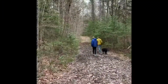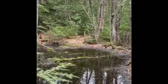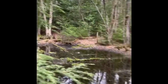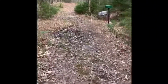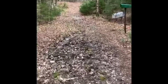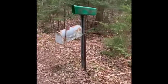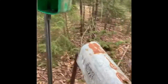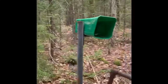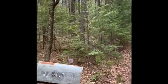Here we are on the Litchfield Trail heading back towards where we started. Some nice little vernal pool area just next to the Litchfield Trail. Interesting things about this trail as you're walking along, you come upon an old mailbox and newspaper box. I try to picture what the vehicle was like that made it down this trail to pick up this mail